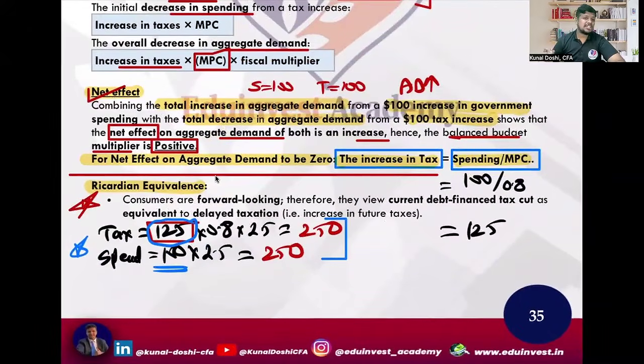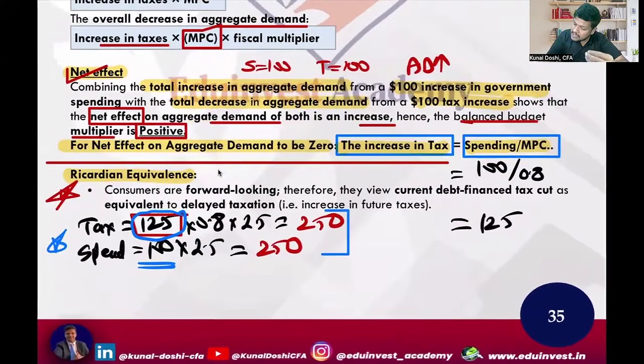Now comes the discussion of Ricardian equivalence. What is Ricardian equivalence? Well, it's a point where David Ricardo mentioned that the government actually increases the spending or reduces the taxes, but investors are very smart. People are very smart. They think forward looking; they see the government is currently reducing the tax. Many people call it the government giving a lollipop.